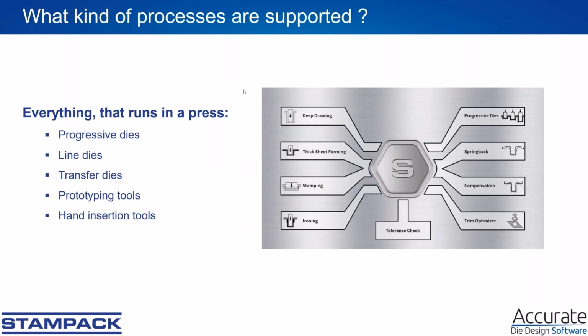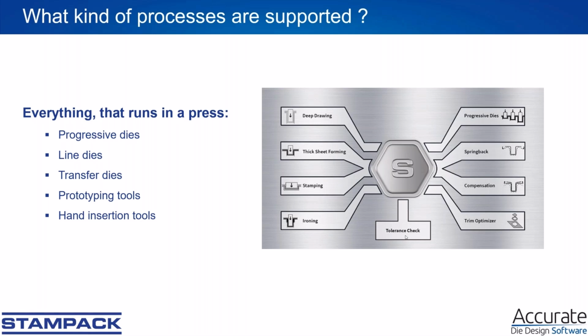What kind of processes are supported by Stampack? Yeah, basically, I would say everything running on a press. So progressive dies, line dies, transfer dies, no matter, prototyping tools, hand insertion tools. And just to give you an overview about the processes we cover, you can perform classical stamping, deep drawing. You can also make really heavy ironing and compression along the thickness. And Stampack also supports trim optimization, spring back compensation, and what I like best, you can check your tolerances in